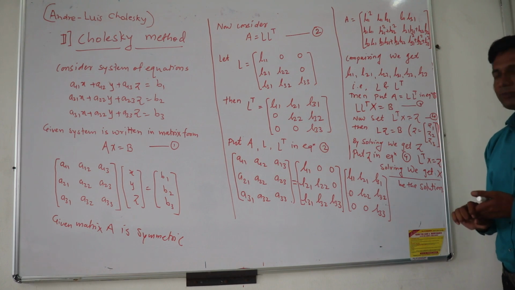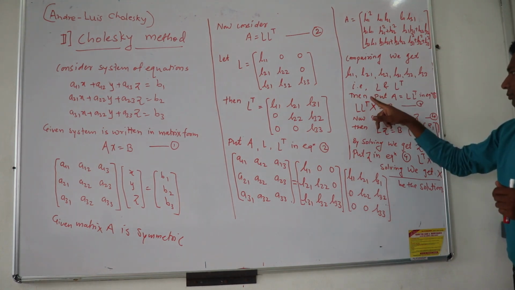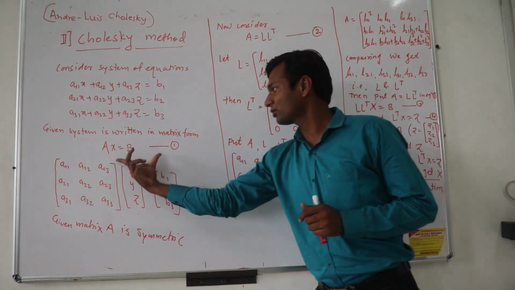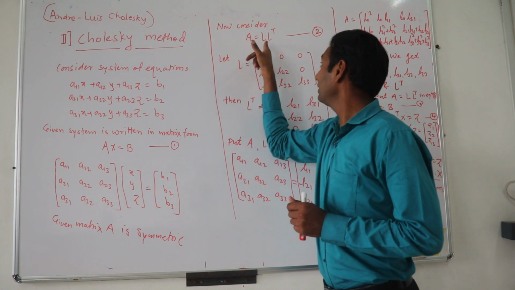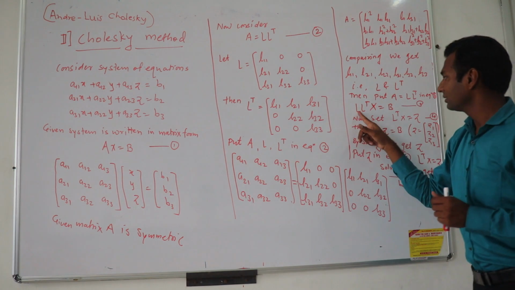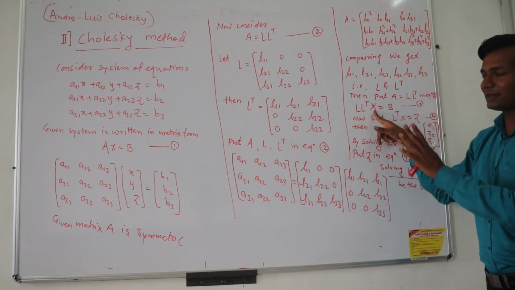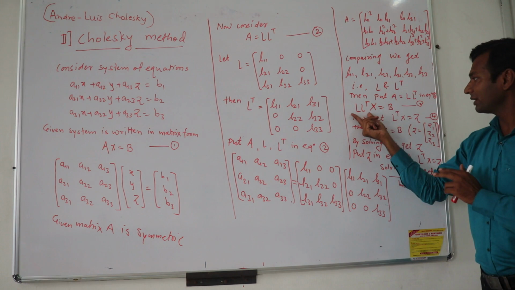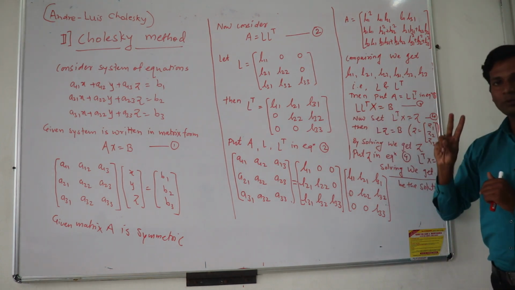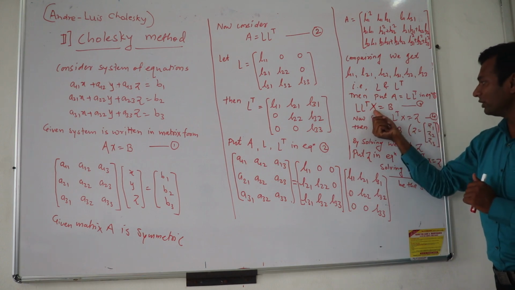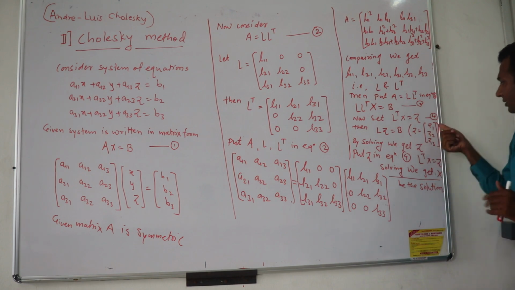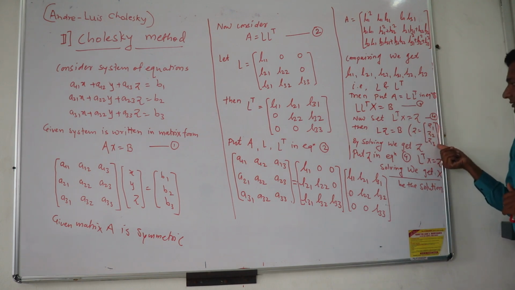Next step, to solve the system, we put A equal to L into L transpose in our given system in matrix form. For the value of A we take L into L transpose. So we get L L transpose X equal to B, with B as it is. Only A is replaced. Now because 3 matrices are there and we want only 2, we set L transpose X equal to Z. Z is another matrix we introduce here, written as the column matrix Z1, Z2, Z3.